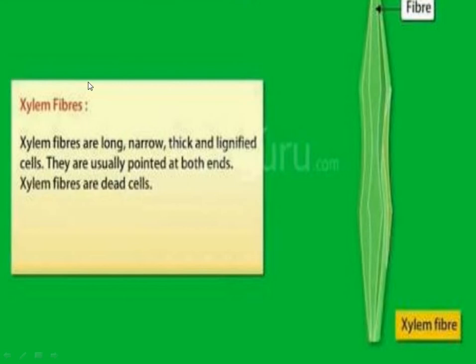Now, as for the types of fiber present in the xylem, there are two types of fiber: libriform and fiber trachea. If we talk about the commercial purpose, the libriform fibers are much more important because their wall is very thick and their size is very large, while fiber trachea are very small in size and their wall is very thin. So there are two types of fiber inside the xylem.